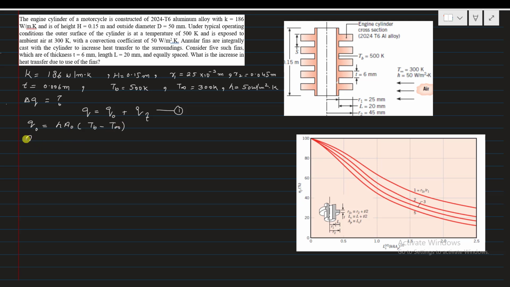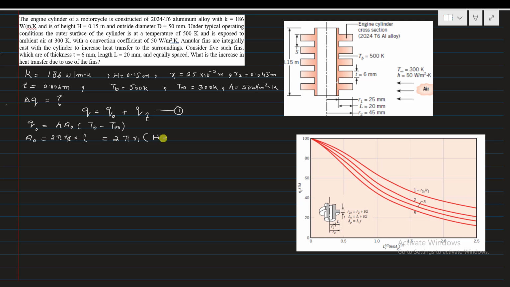So what is the surface area? It's A naught, and it will be equal to, so we are interested to find the heat transfer by the cylinder only. So look at the radius of the cylinder, that is R1, that is 25 millimeter. So surface area will be equal to 2 pi R1, and then multiply by its length. So what is its length? That is 2 pi r1, and then the length of this cylinder is equal to the height